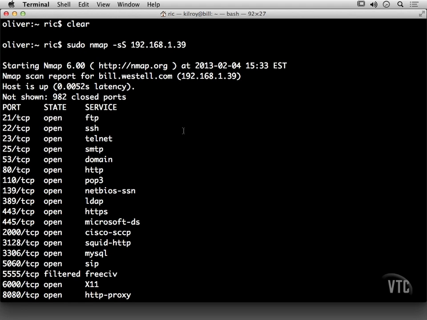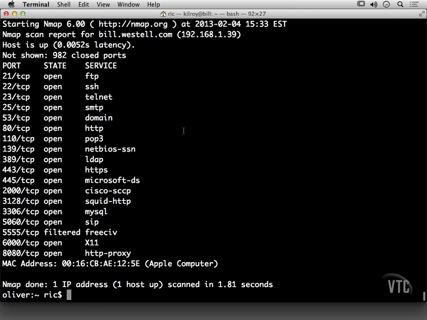Now, what I'm doing with a SYN scan is I'm sending out a TCP synchronize packet, and I'm expecting a SYN ACK back. So what I'm actually doing is I'm leaving a connection half open because I'm not actually replying with an ACK message. Now, if I wanted to maybe make a little less noise, because a lot of half-open connections may cause some eyebrows to be raised, depending on what sorts of intrusion detection or other monitoring utilities are being used,